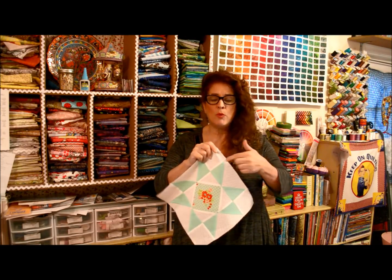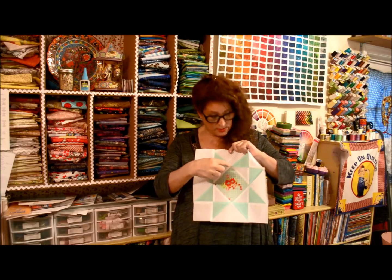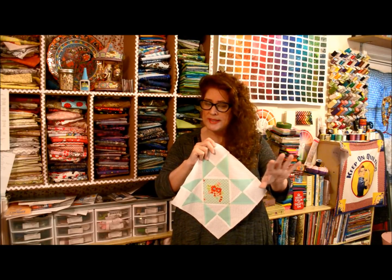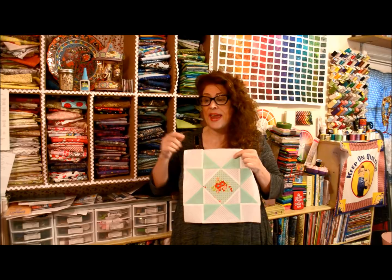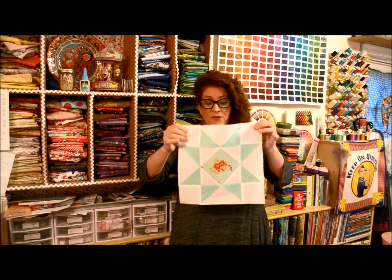I forgot when I was showing you how to cut out. I missed one part of cutting the background fabrics, and I do go back and address that. I hope I've made that a little bit clear. But what I've done at the very end is I've just written down the actual cutting directions for this block